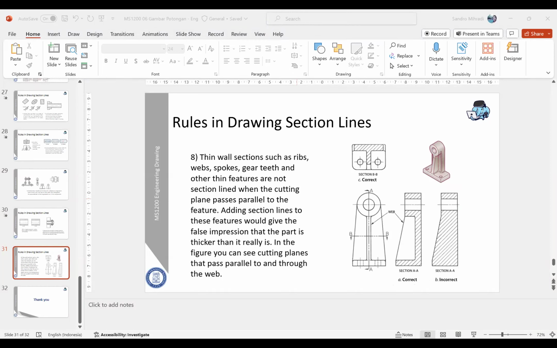Oke, ini saya buka 5 menit ya sampai jam 9. Jangan ditinggal ya. Silakan dicoba absen lagi. Bagi yang belum absen, silakan absen sekarang.